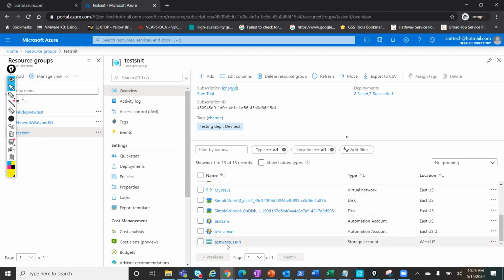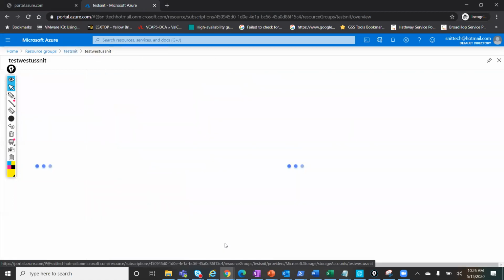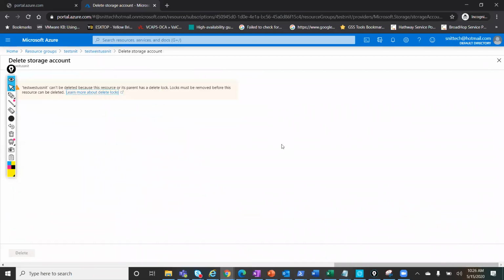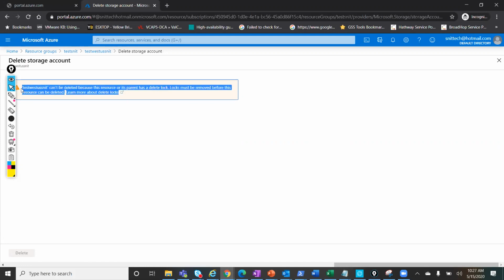So let's say I have a storage account called test west US SNIT. Let's see if I can delete this. See, cannot be deleted. This resource group or parent has a delete lock. So if someone tries to delete a resource which is locked, it will give an error message saying that you cannot delete this particular resource.